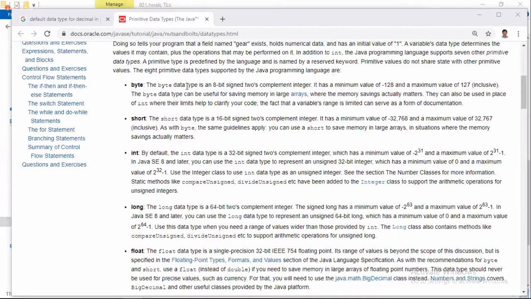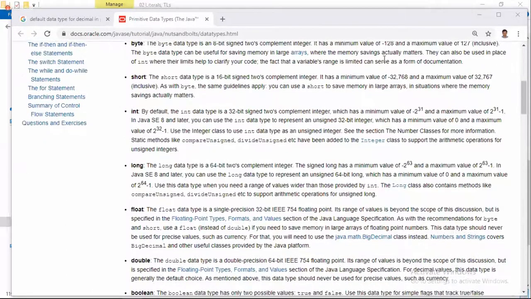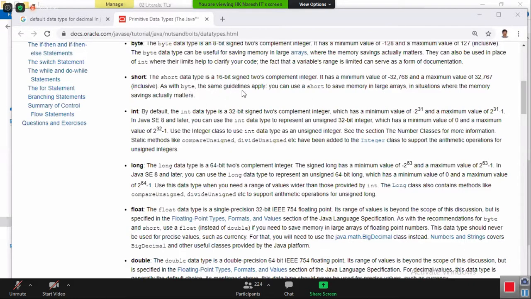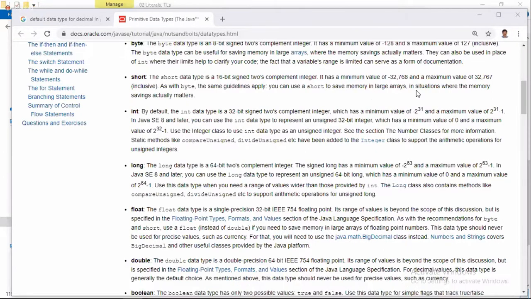The byte data type is an 8-bit signed two's complement integer. It can be used in large arrays where memory savings actually matter, and in place of int where limits help clarify the code. The short data type is a 16-bit signed integer; the same guidelines apply. You can use short to save memory in large arrays where memory savings actually matter.